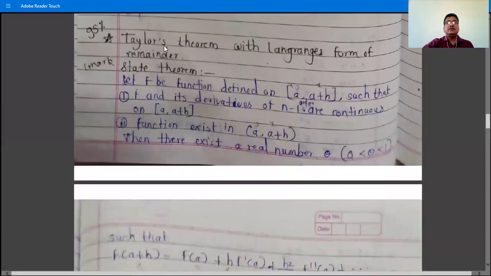So the next theorem is Taylor's theorem with Lagrange's form of remainder. So the question is: state Taylor's theorem with Lagrange's form of remainder. The proof is not included in our syllabus. So just remember the statement of Taylor's theorem with Lagrange's form of remainder. So let f be a function defined on the closed interval [a, a plus h], another notation is [a, x], such that